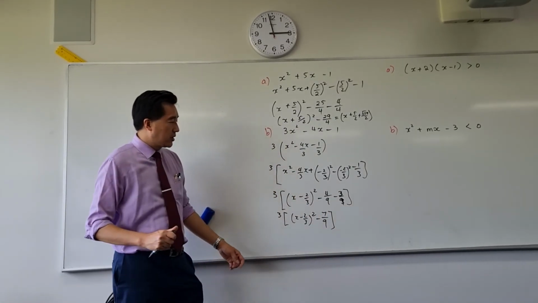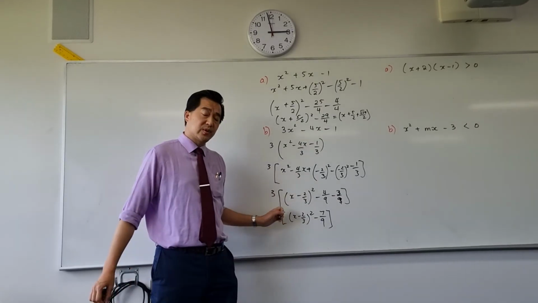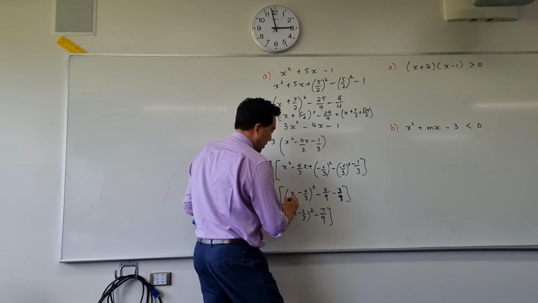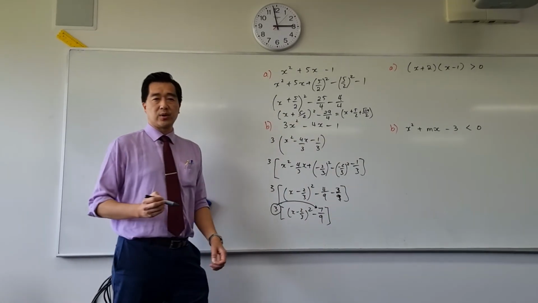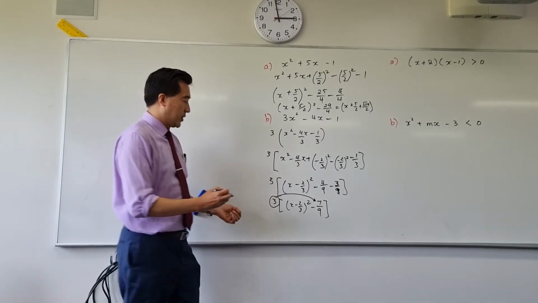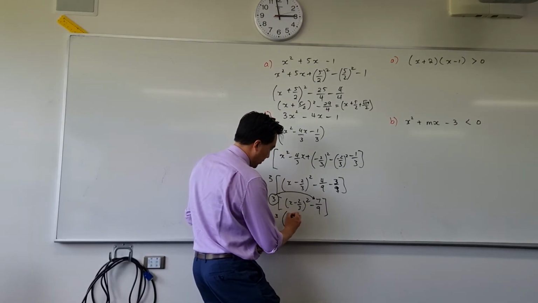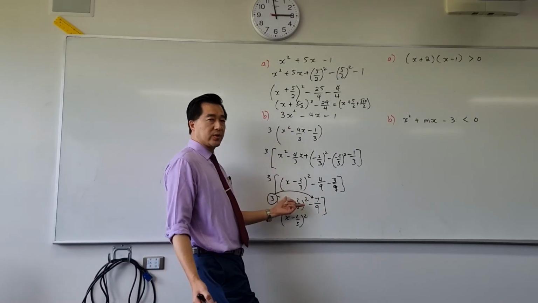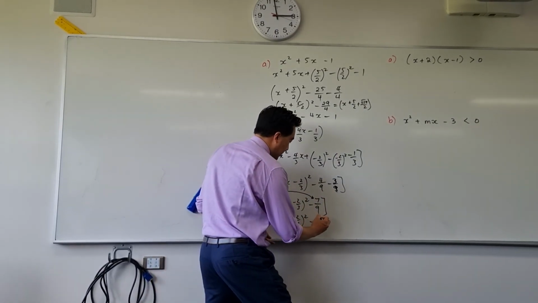Right, you cannot leave it like that with the square brackets. So what you need to do is you just need to expand back the 3 into only the second term, but leave it in front of the bracket. So it'll be 3 with the bracket, but multiplying into the second one, the 3 cancels with the 9, just becomes negative 7 over